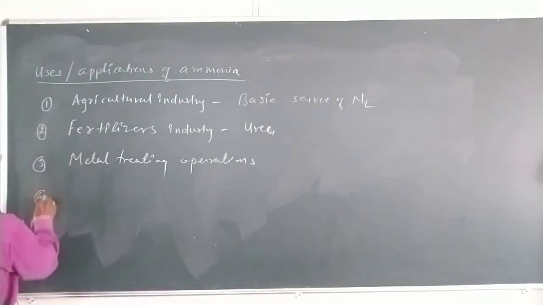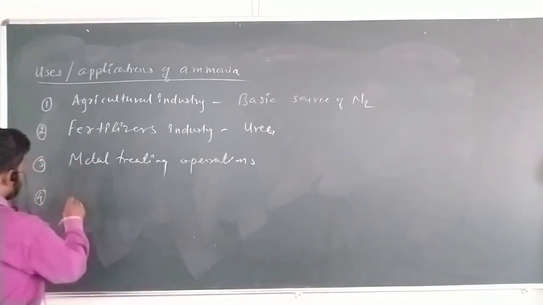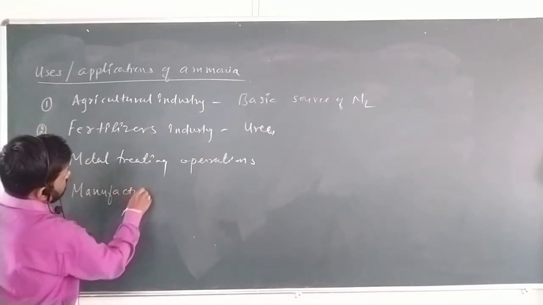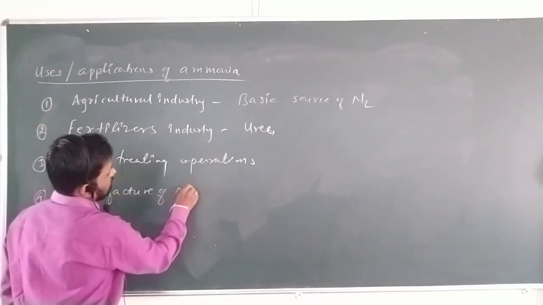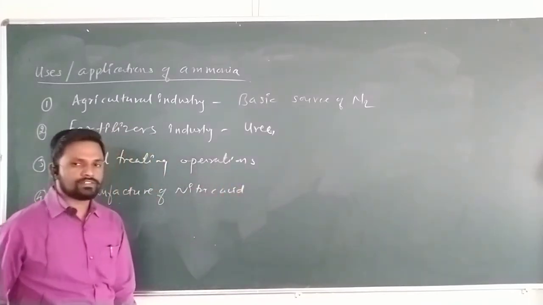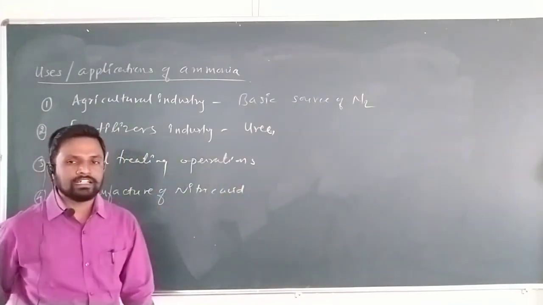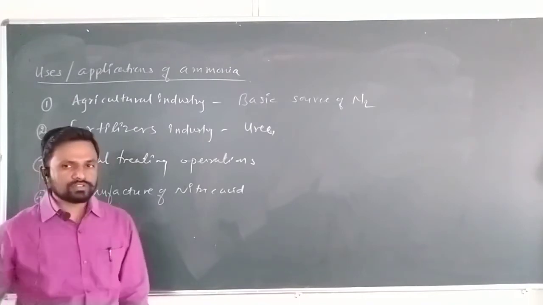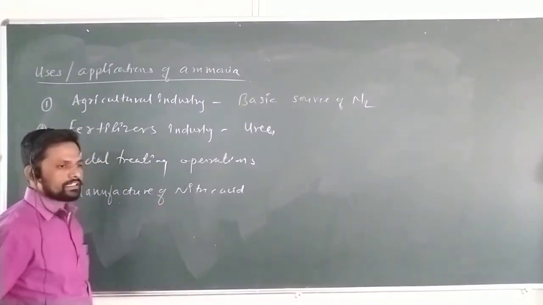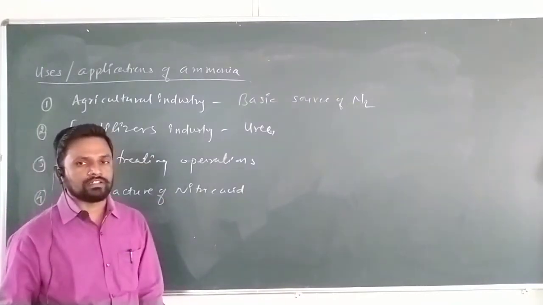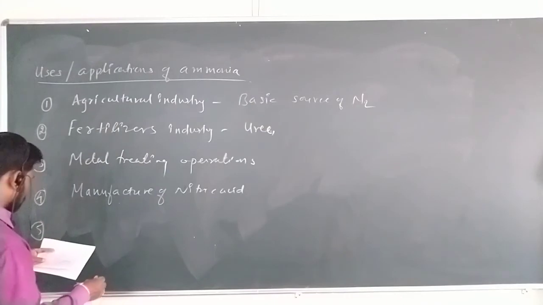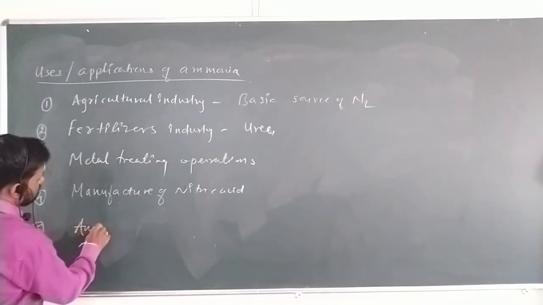And the fourth one is in the manufacture of nitric acid, very important. This is also one of the basic chemicals, where the manufacture of nitric acid uses ammonia as a raw material, that we are going to see in the further study. In the manufacture of nitric acid, ammonia is used as a raw material. Okay. And the last one, which is very important, ammonia is used